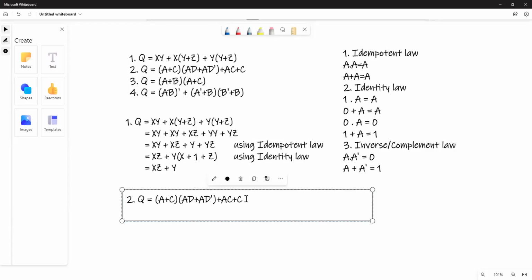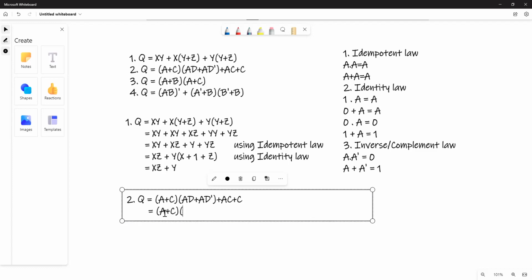Okay, let's try to simplify this. Right. Okay, first step. I'm trying to expand this expression. We have a plus c. Actually, I can simplify this easily. If you look carefully, we have ad plus ad, meaning I can simplify here, right? So I'm going to keep this one, a plus c within this,